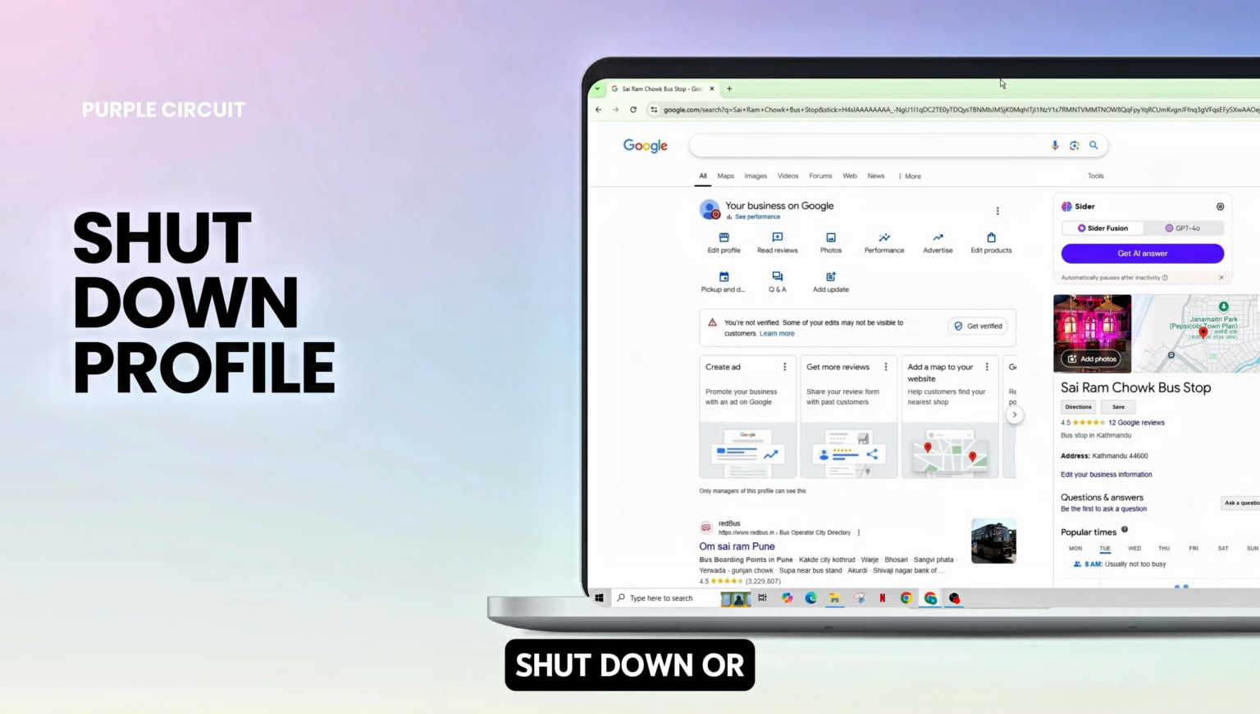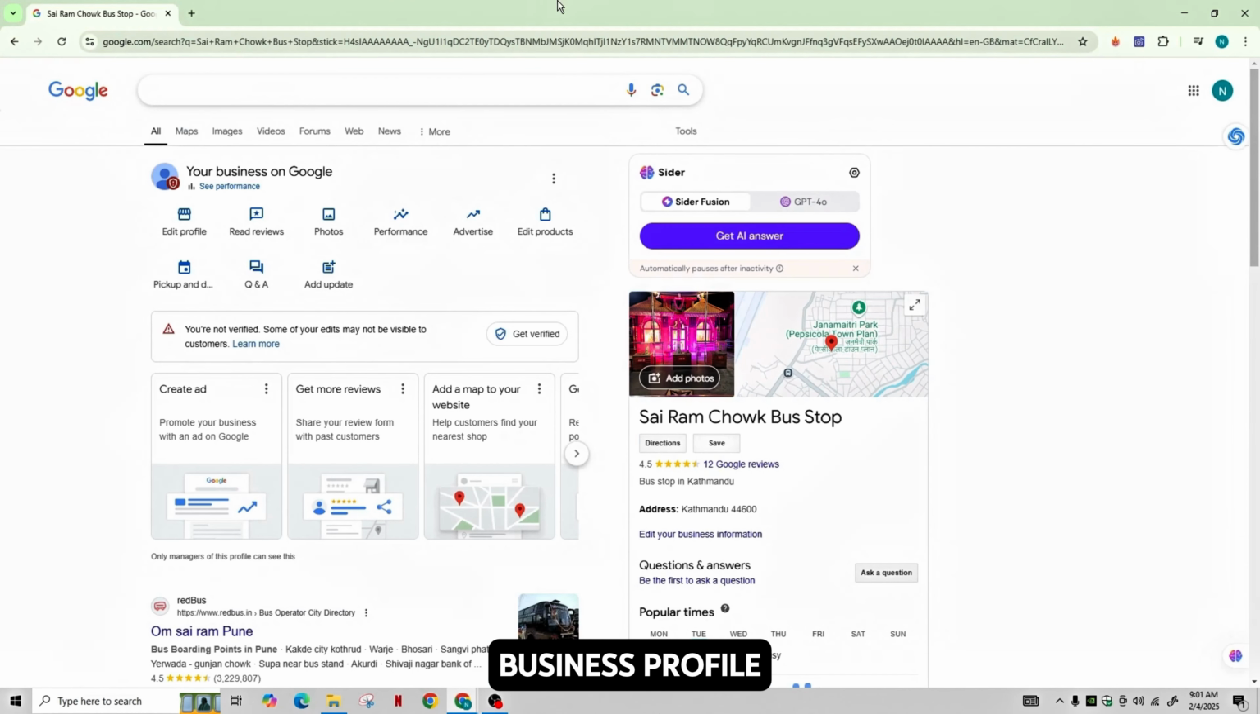In order to shut down or delete your Google business profile, you need to follow these simple steps. First of all, you need to go to business.google.com and sign into your Google business profile. After you do that, choose your business, select the business that you want to remove, and then click on the